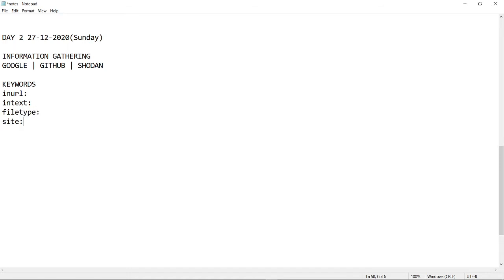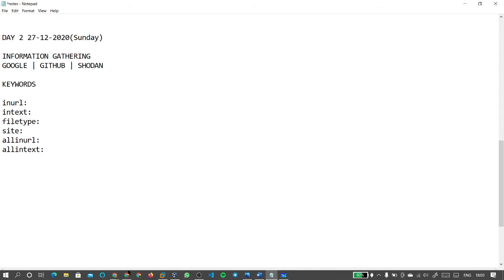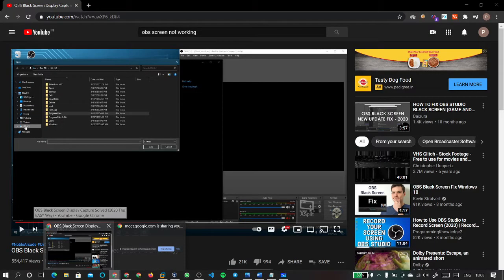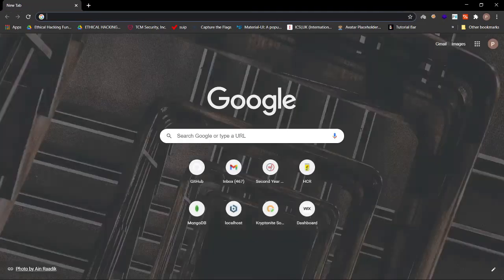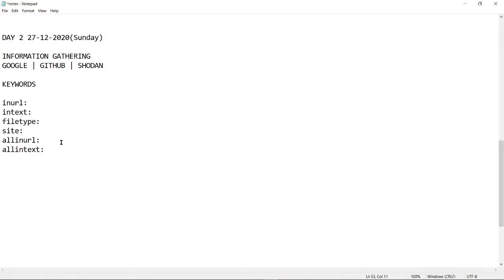This is more than enough, I think. These are particular keywords with which you can access Google, and these keywords will help you in getting exact results for what you are searching.